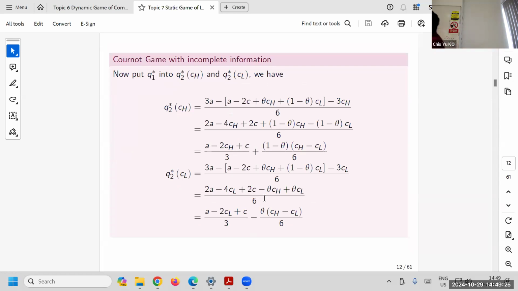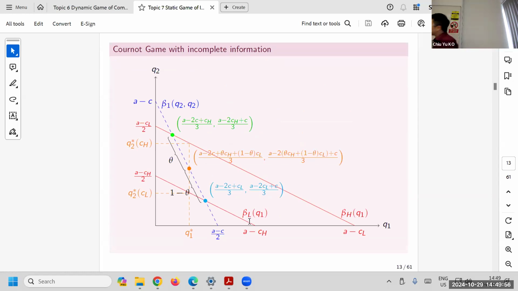Now, once you know how firm 1 responds, you can put it back into firm 2, and that ends up in here. There's a plug in, then solve it. Not going to do it step by step, but you can see that we have 2 outcomes here. Of course, this is still a little bit tedious. Mathematica or whatever software can solve it quickly. So here is the outcome. But let's see what happened.